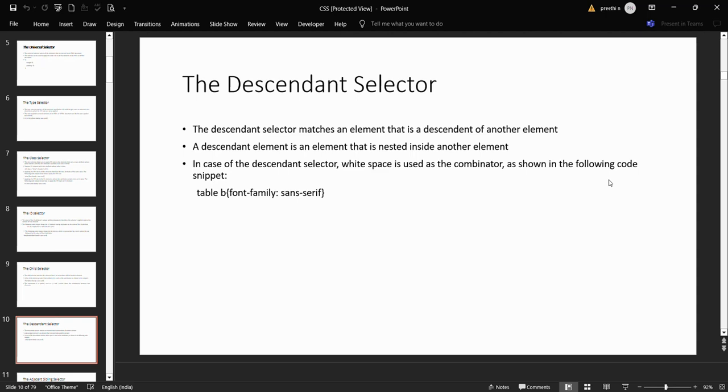Next is the descendant selector. The descendant selector matches an element that is a descendant of another element. What is a descendant element? A descendant element is an element that is nested inside another element. In case of descendant selector, white space is used as the combinator as shown in the following code snippet. Table B,